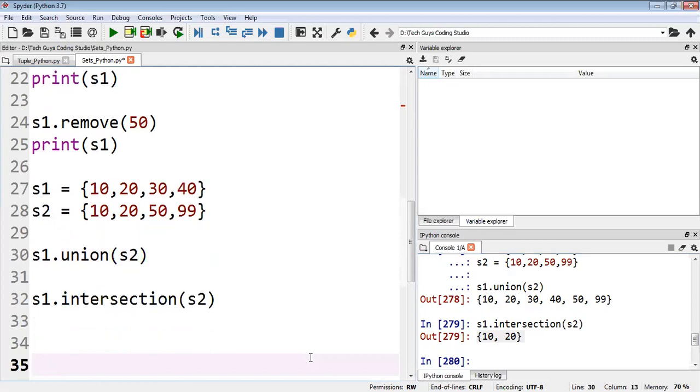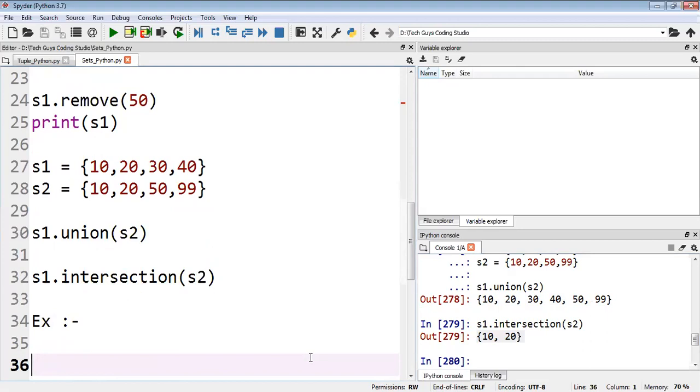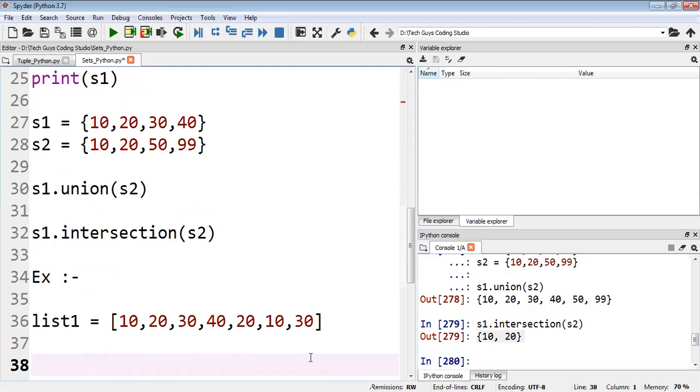Okay. And one more thing I would like to say, in most of the interviews, they can ask you, for example, you have some values in the list, like 10, 20, 30, 50, again 20, like this you have values, right? And they will ask you, could you please remove the duplicate values from the list? What you will do for that? There are so many ways to apply. We can apply for loops, even though we have some other methods, but how quickly you can do it? Set, within a fraction of a second, set will remove the values.